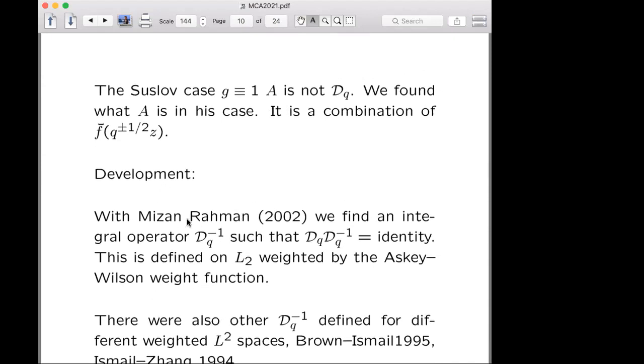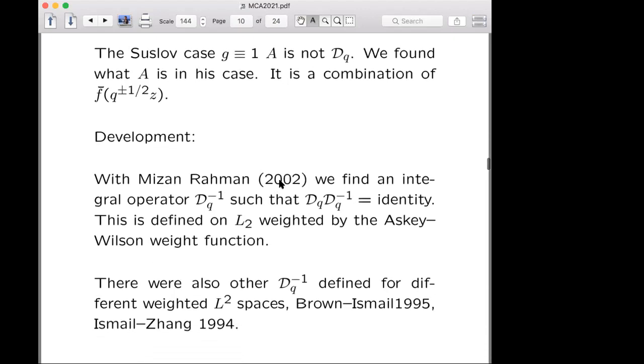Originally, I had a paper with Rahman in 2002 where we wanted to find a one-sided inverse to the Askey-Wilson operator. So we wanted an operator such that if I act with the Askey-Wilson operator on this, I get the identity. And to construct this,